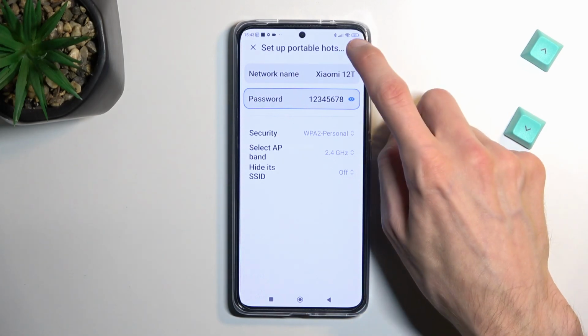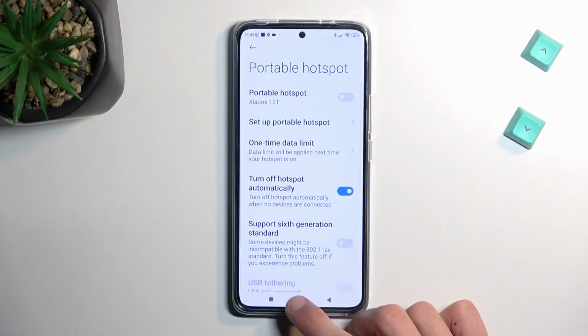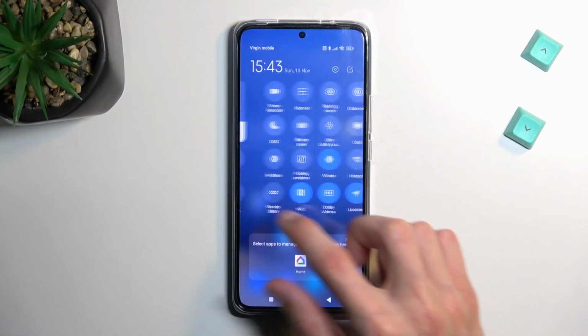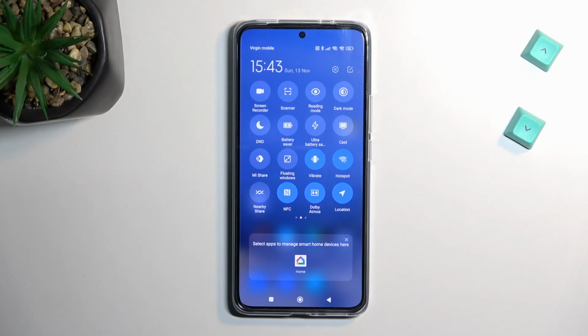So anyway, I'm gonna just check it right here to save it, and now I can find the toggle once more, and this time around all I need to do is tap on it to enable it, and I could connect to my hotspot whenever I want to. And just to kind of show this,